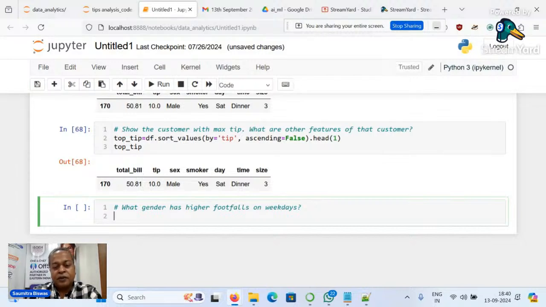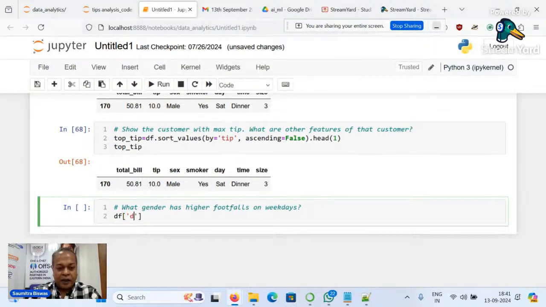So first we're going to select all the weekday rows from the data set. So in the data frame we have rows of data, and some of those rows correspond to weekends, some of those rows correspond to weekdays. First we're going to select